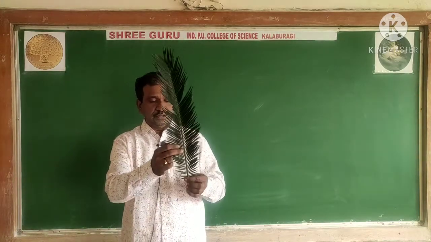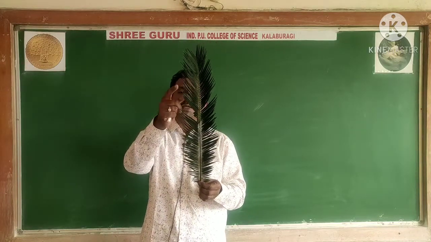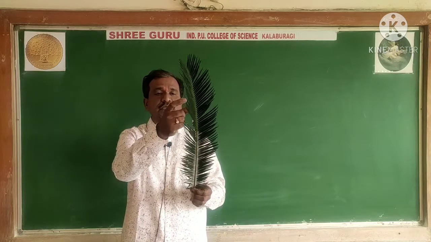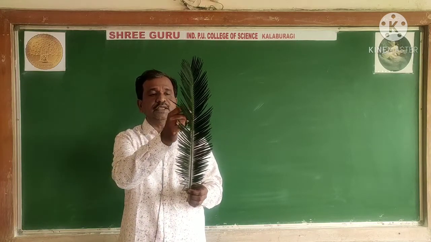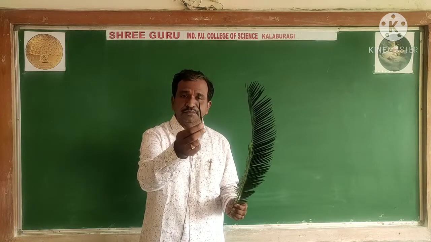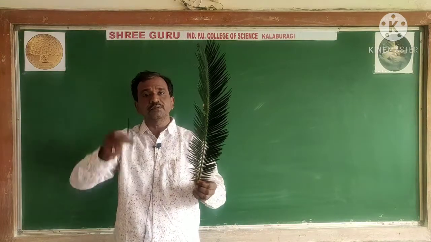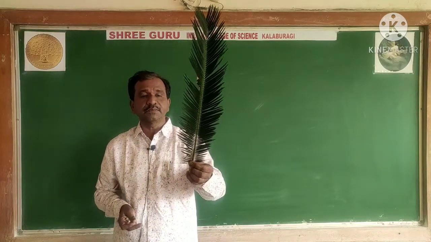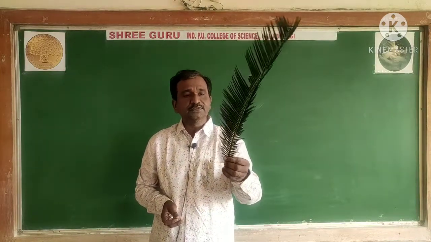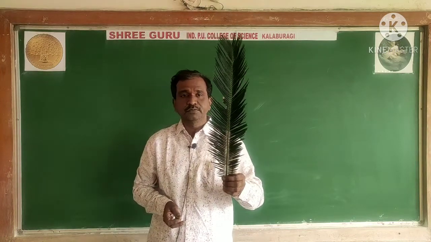So like that, this is the cycas plant where the leaves are like this. Leaves are green, and to reduce the surface area, we can see that the lamina is short. Note, this is the lamina we are observing, the leaf is short because of reducing transpiration. A number of leaves are found here without leaving any space. So like that, this is what we call a cycas leaf.